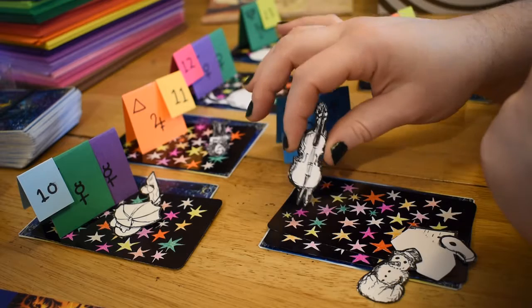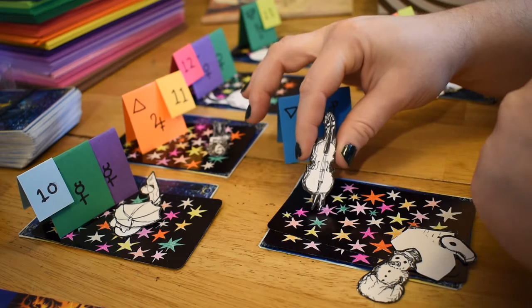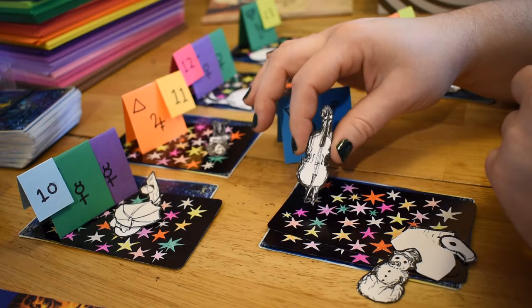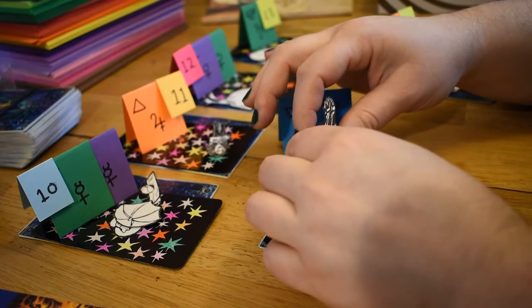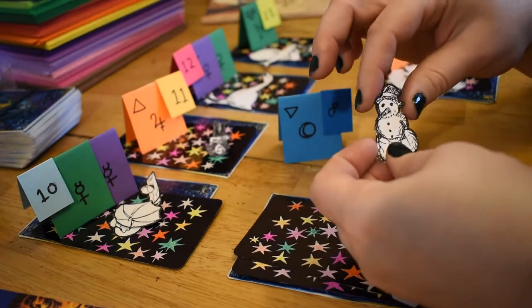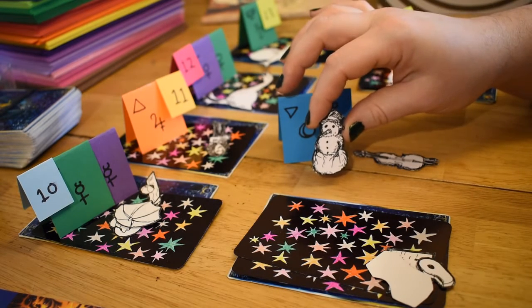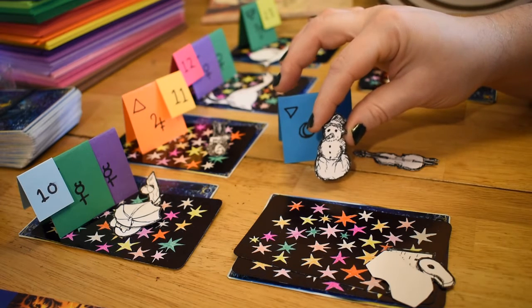Now, what's interesting is that I do have a lot of musically inclined charms, and they will often come out in clusters. Not all the time, but when they do come out in clusters, you know, it's noticeable. So the cello, I have the snowman, and I was looking at this when I was setting up and taking pictures for the thumbnail for the video, and I was thinking, oh, it's like it's frozen in time,